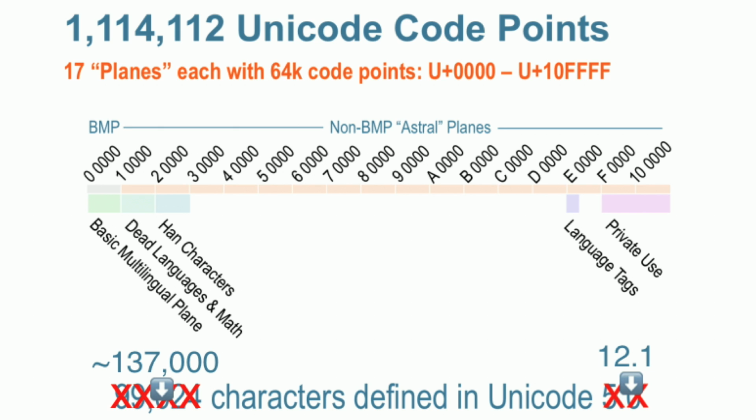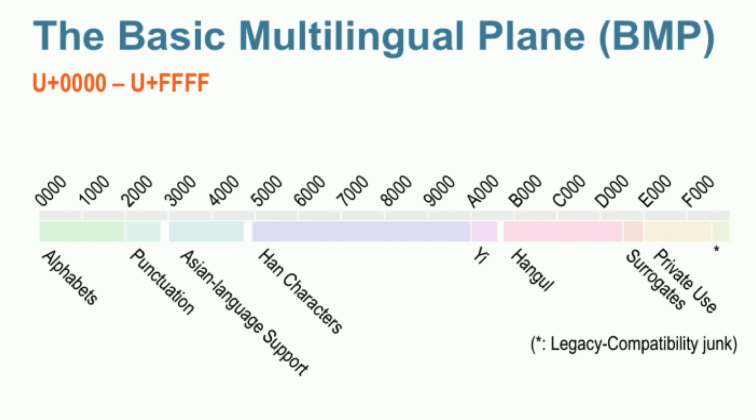We have private use, which we are definitely going to come back to. And right now we are on Unicode 12.1, and there are 137,000 characters or code points defined in Unicode. So delving into the basic multilingual plane a little bit, we have a whole area devoted to various alphabets. We have an even larger section for Han characters, which was something created to sort of unify characters from Chinese,